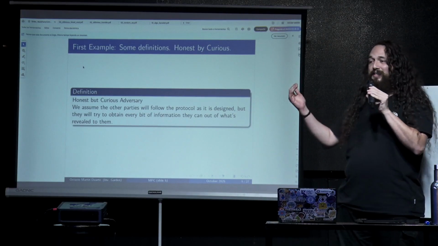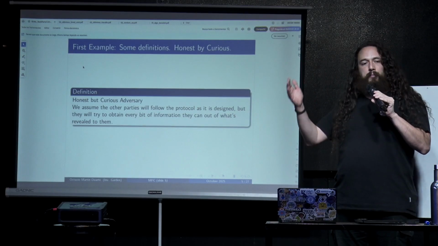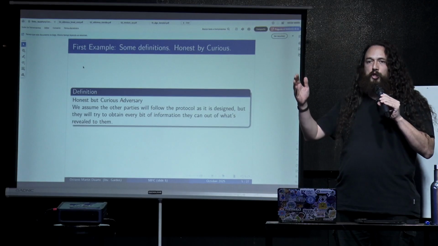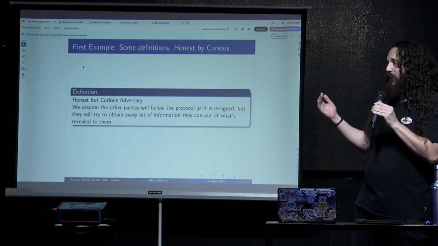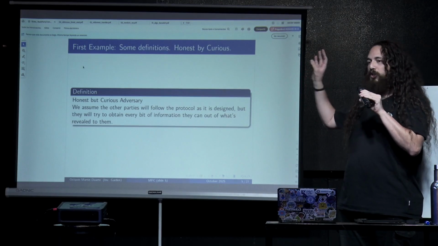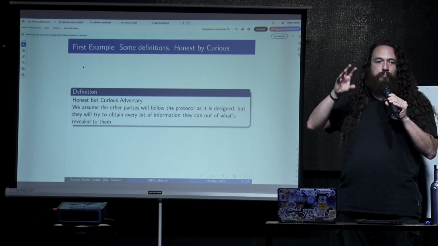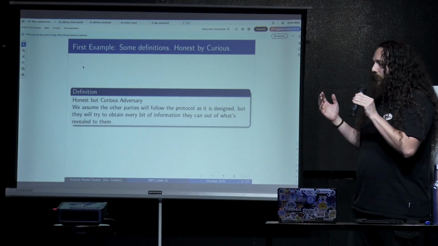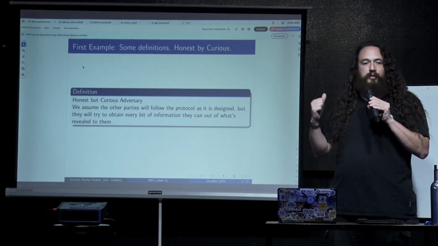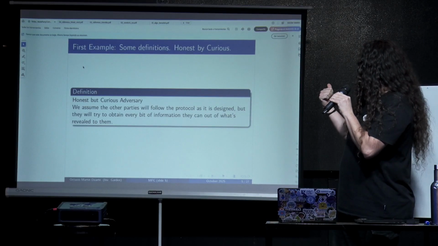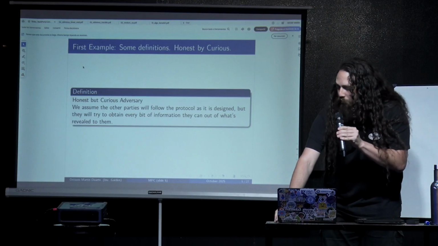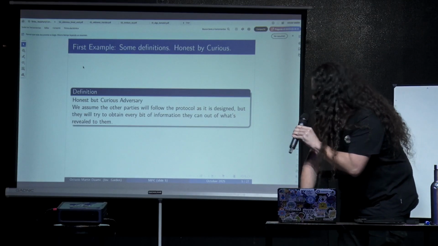What this adversary does is it will try to get as much information as possible from the inputs they accumulate during the execution of the protocol, which is called the trace typically, but they won't do anything else. That's the honest but curious. They won't trick the algorithm, but they will try to use their exposed information as much as possible. In this case, in the algorithm I'm showing to you, there's already a vulnerability that the honest but curious adversary can exploit. Maybe somebody already saw it, but if we are evaluating,